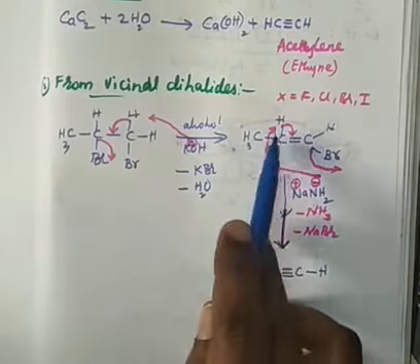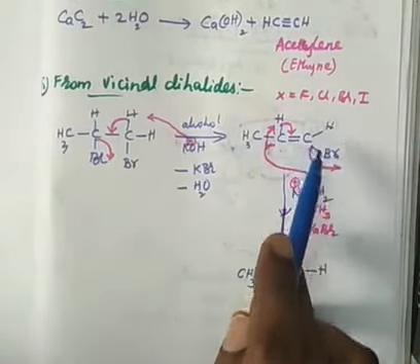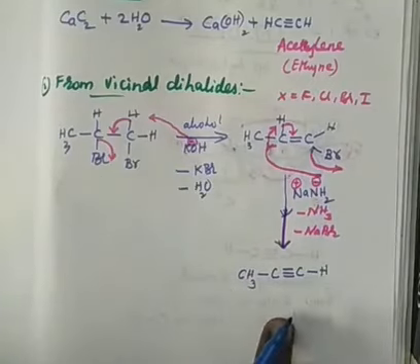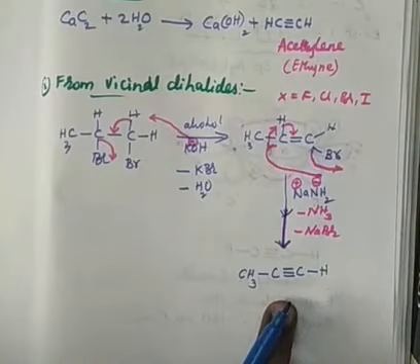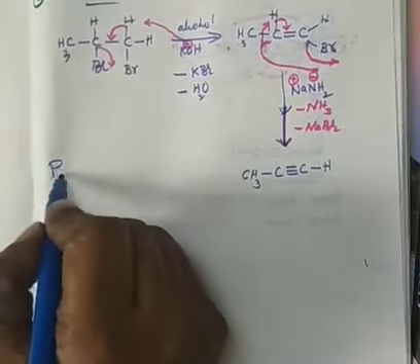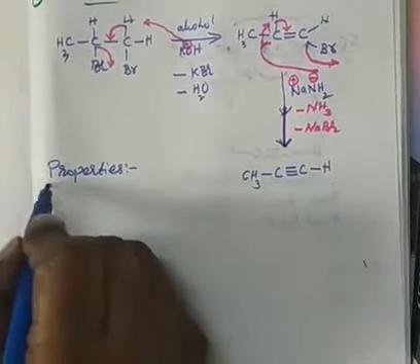So from the adjacent carbon a proton has to be eliminated, and from this carbon bromine has to be eliminated. From the same carbon, HBr cannot be eliminated, right? So this is the preparation of your alkynes. That's it. Then coming to the properties. Only 2 methods of preparation, easy, remember.